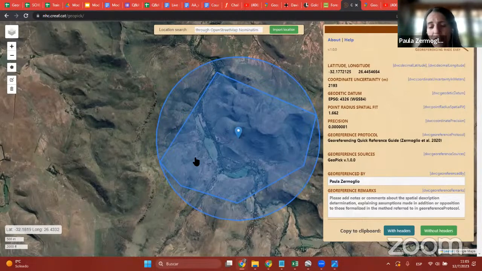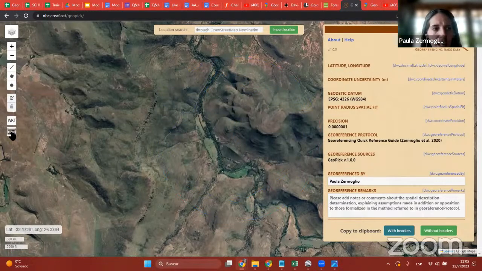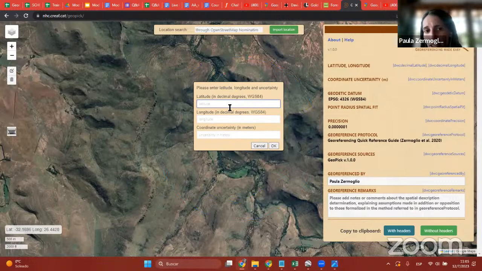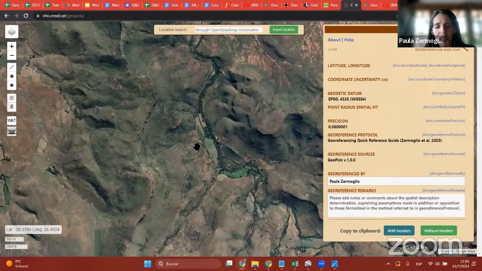So that's also useful. So sometimes the polygons do not come as WKT, but there are some online tools that you can use to convert polygons to WKT. And so you can upload them here and have the georeference immediately. So that's another thing. And the last one is that you can paste coordinates and coordinates uncertainty in meters and modify them if needed, and obtain a new coordinate uncertainty in meters. So this is just pasting latitude and longitude, and it's going to plot it on the map, and you can correct the uncertainty. So that's basically all the functions that we wanted to show you from GeoPick, which are